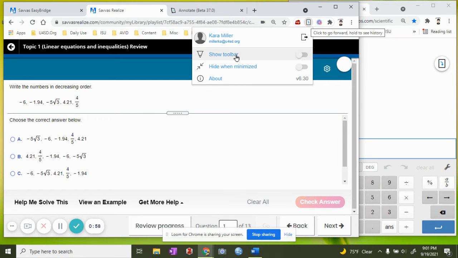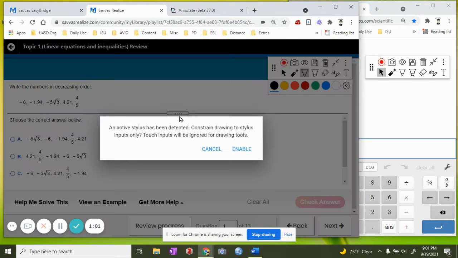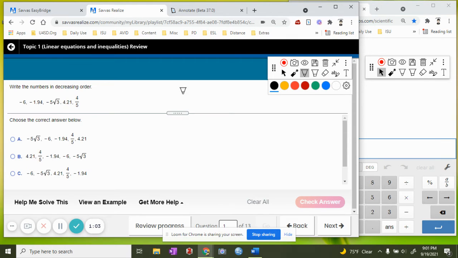So while we look at this, you may notice that -6 is already written in a way that can be a decimal. We can make that -6.0. -1.94 also is written in such a way that we don't need to make any changes to it. 4.21, same thing. That's already a decimal. This -5 times the square root of 3, though, we need to change that, and we need to change the